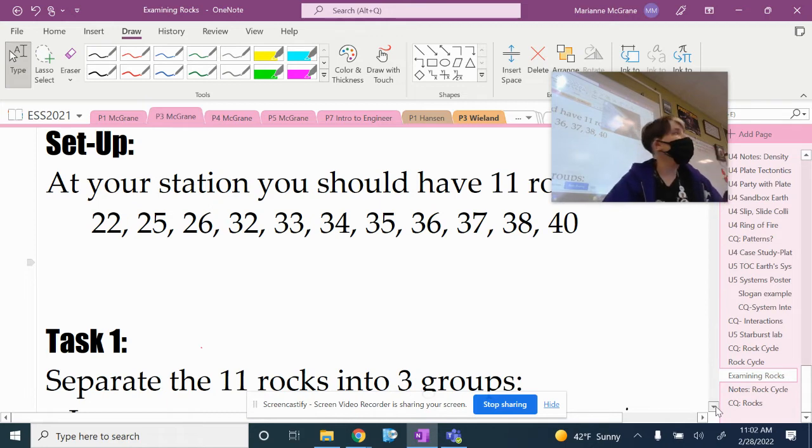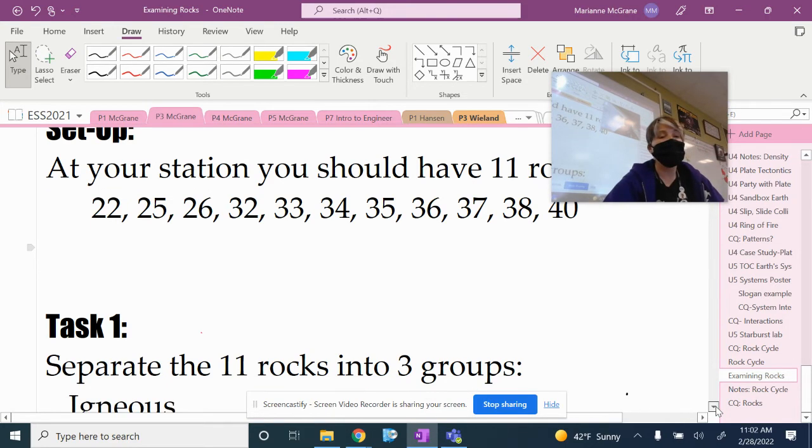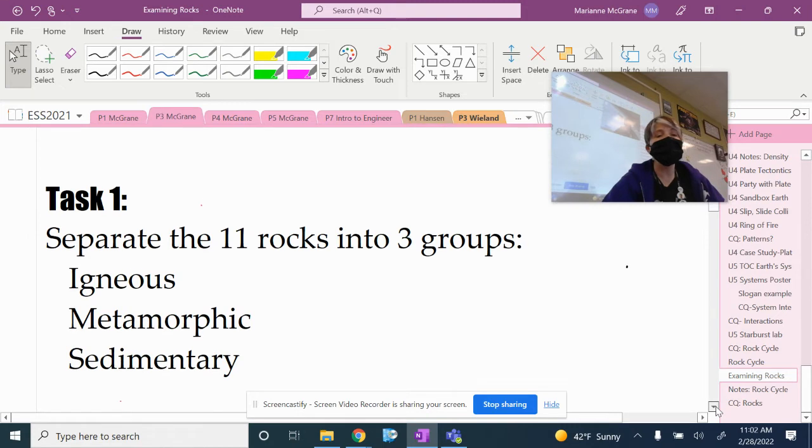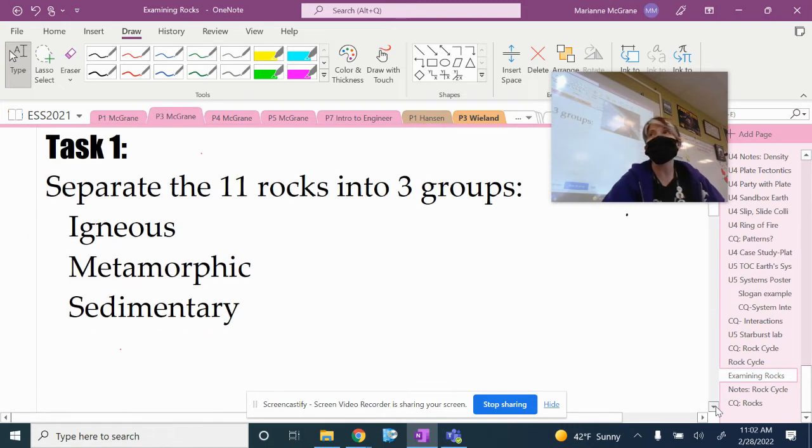You've got 3 labels at your station: igneous, metamorphic, and sedimentary. Igneous rocks are rocks that were cooled from magma. Metamorphic are rocks that were changed due to heat and pressure. And sedimentary rocks are rocks that were formed due to compaction or cementation. And we're going to have to check out our cemented rock in just a minute that we created,